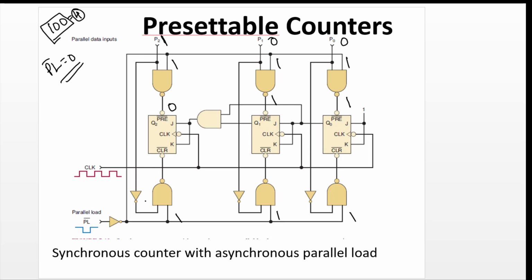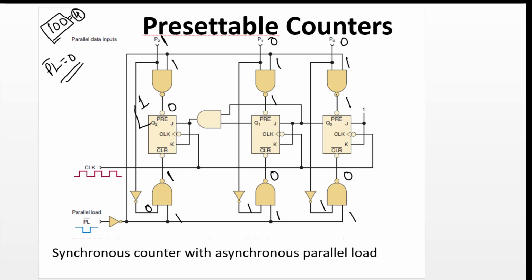And the same P2 is applied through a NOT gate here. That means this becomes 0. And this 0 becomes 1 here, and this 0 becomes 1 here. 1 into 1 will be 1, 1 bar will be 0. 1 into 1 will be 1, 1 bar will be 0. 0 into 1 will be 0, 0 bar will be 1. If you observe carefully here, for Q2 your preset is 0. That means your Q2 becomes 1 here.